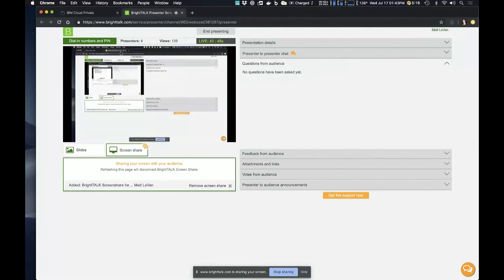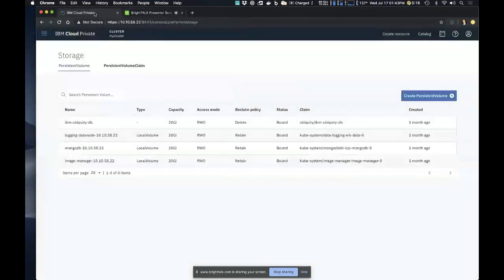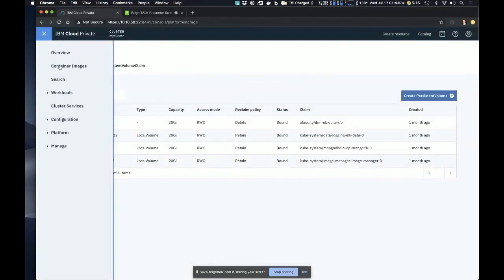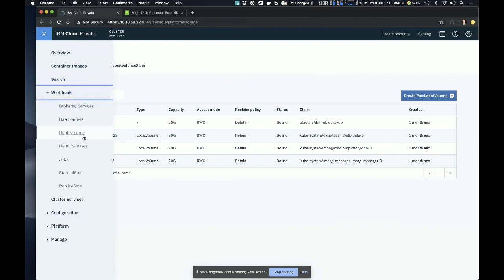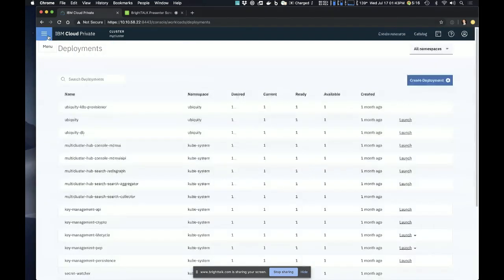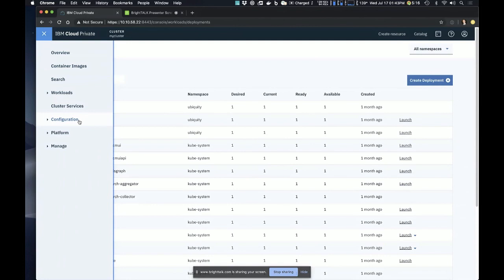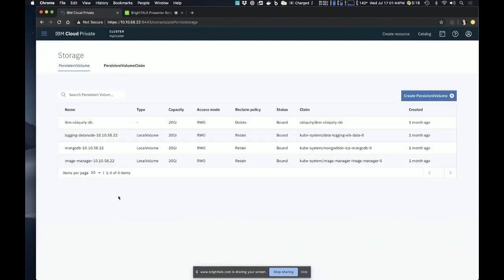All right, so here is a user interface. I have a Flex volume driver installed and configured. And down here, I'm going to do the first step, right?